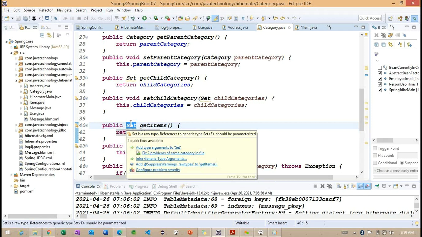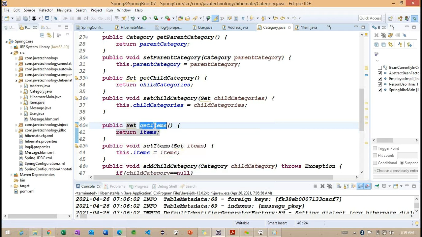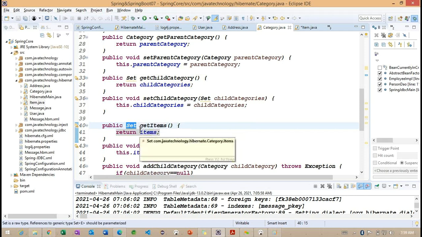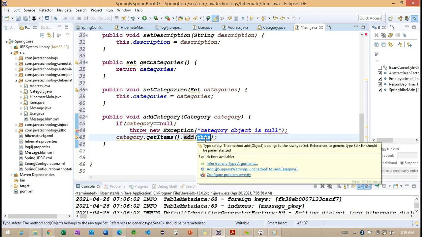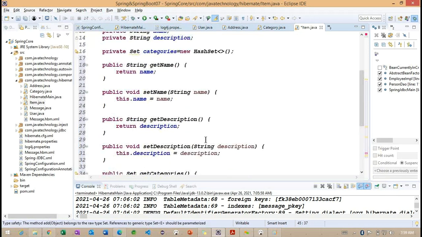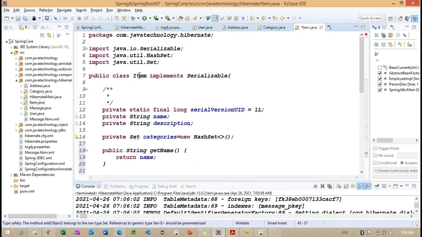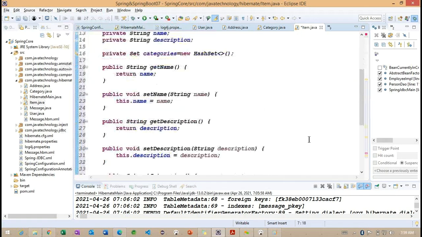We'll try to provide the generic tomorrow, but observe that when we call get items, we get this set of records, and after getting it we call the add method. We specify this, so which object is going to be stored? This particular item object is going to be stored.